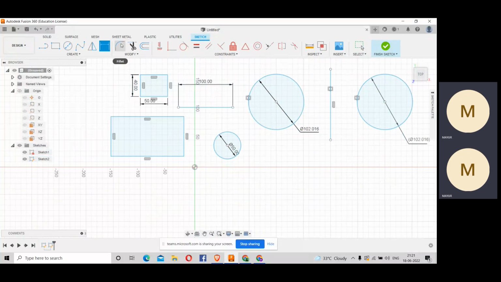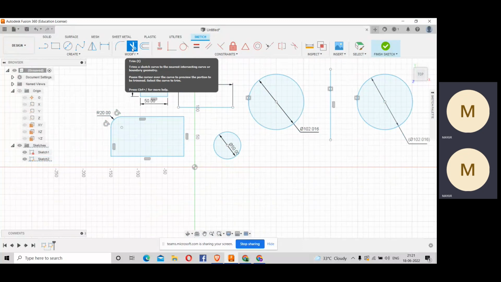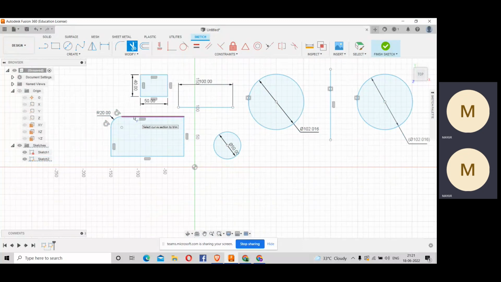And we have the fillet tool here, which we can use to round edges like this. You can choose the radius of the edge, can be 20, something like that. And here is a trim option. It's a very important tool because with the help of trim we can remove a specific part. If I select this one and press delete,